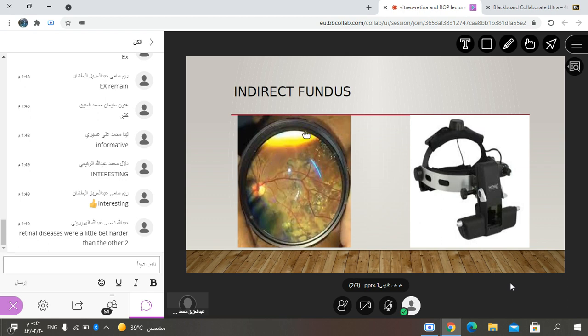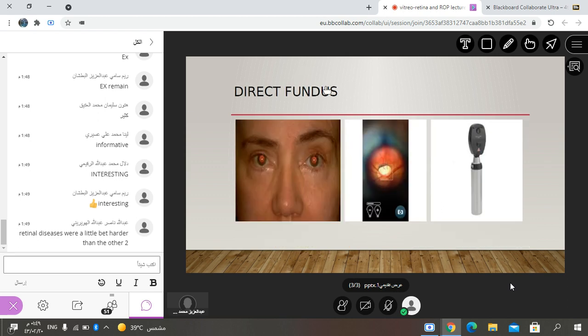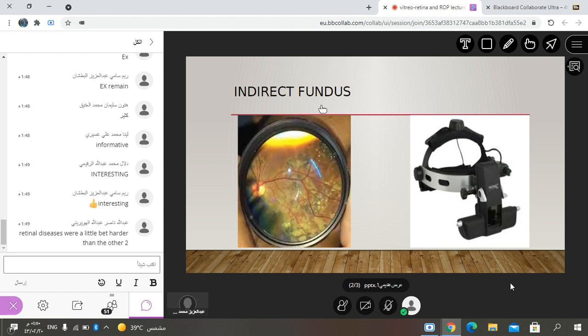In the examination, we are examining by direct ophthalmoscope, the fundus, and fundus examination generally is retinal examination. So fundus examination is either direct examination or indirect examination. In direct examination we are using this